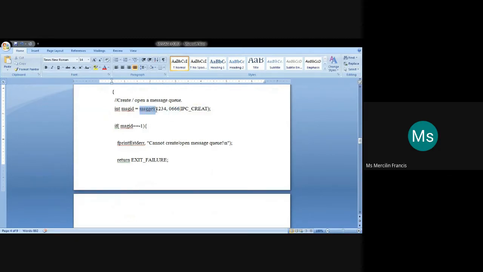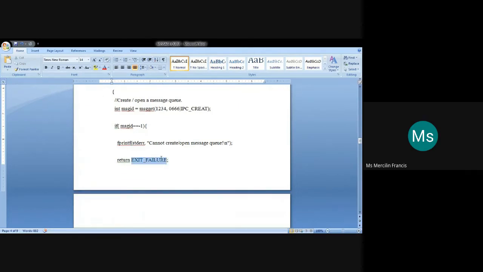So if this is successful, it means a message queue is created, and an ID based on that message queue will be stored in this msgid. If it is not successful, this msgget function will be returning a negative value, which means the message queue creation is unsuccessful.